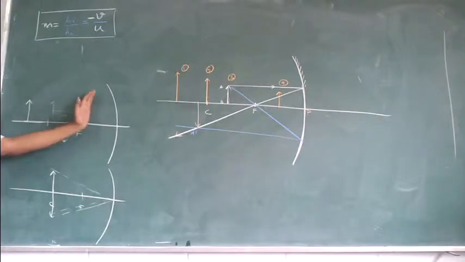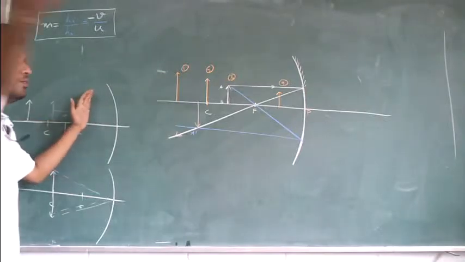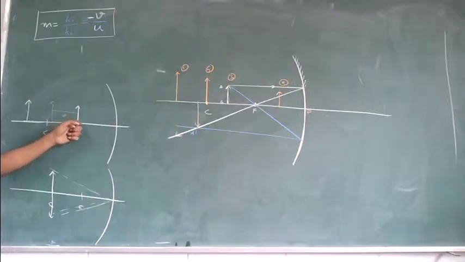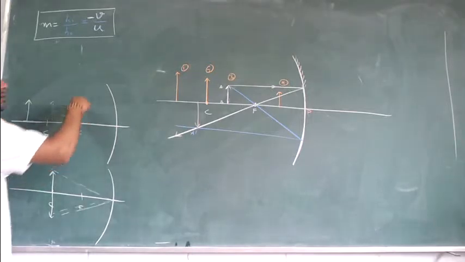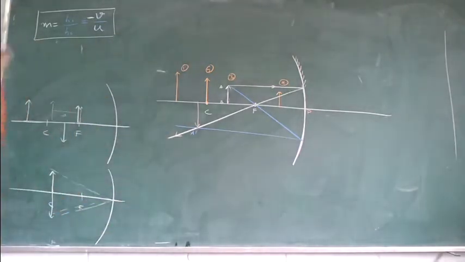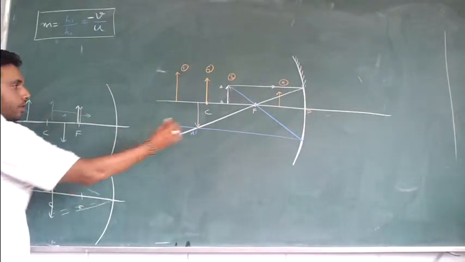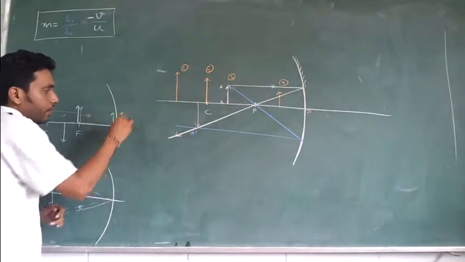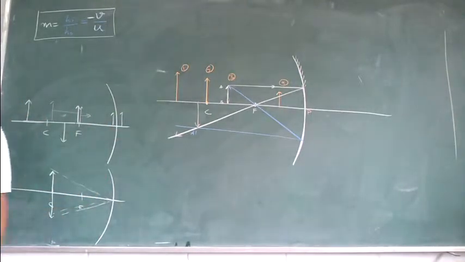When you cross F, all of a sudden the image from this infinity goes back to that infinity. When the object is at F itself, the image is at infinity, and when it is just that side of F, it comes to that infinity. Not this side infinity, that infinity. And when you go towards the pole, it comes closer, closer, closer. And right at the pole, it will be right in front of you. Suppose you are sticking your face to the concave mirror, then you won't be able to tell whether it's a concave mirror or convex mirror. You'll get your image right in front of you.